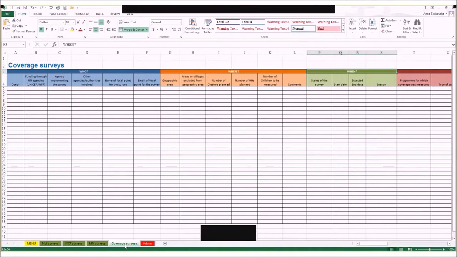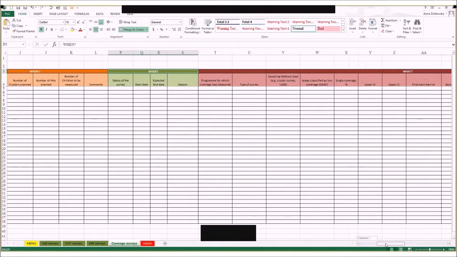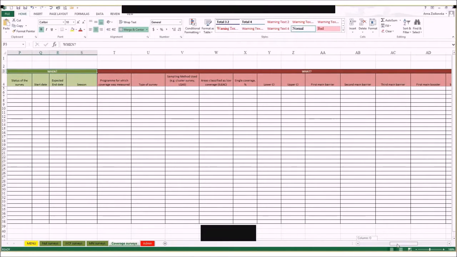So coming back to the coverage surveys, after the who, where, and when part, you would have coverage survey indicators. First you put the program for which coverage was measured. For example, you measured it for SAM, or for MAM, or any other program. What was the type of survey? And then we put the most popular, being SLEAC and SQUEAC. Sampling method used,